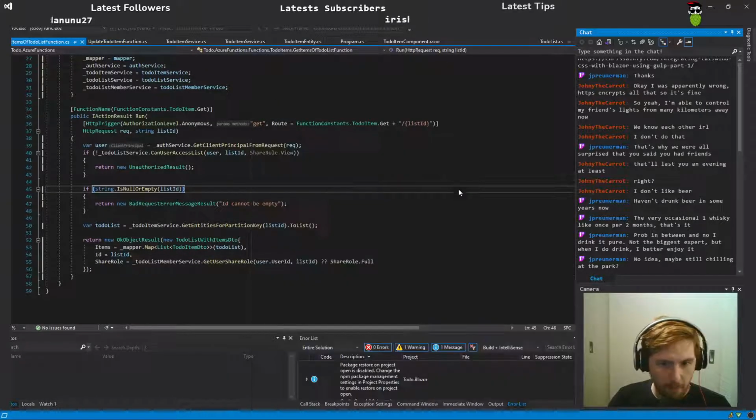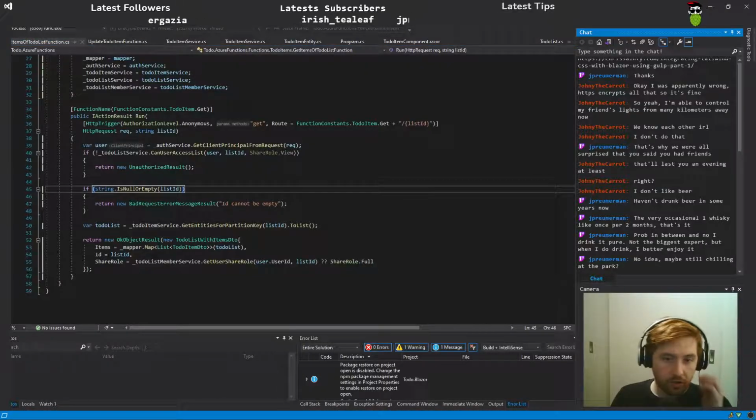Okay, probably it's a mapping that's going wrong, so let's check it out. We're now checking the auto mappings of